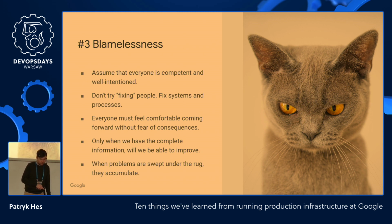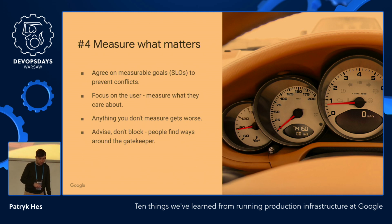Lesson number 4 is about measuring stuff. Measure what matters. I'm trying to convince you that you should measure things in production. It's more about having measurable goals. So let's say you measure some numbers like the CPU or RAM usage on your server,